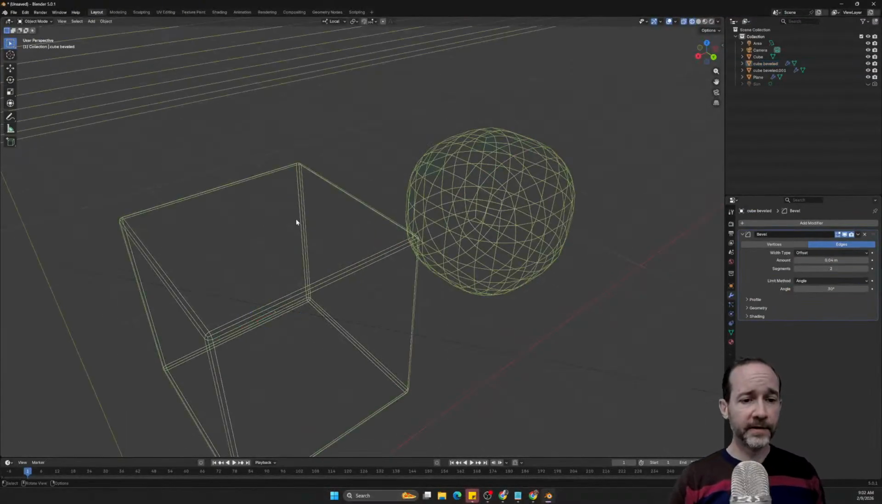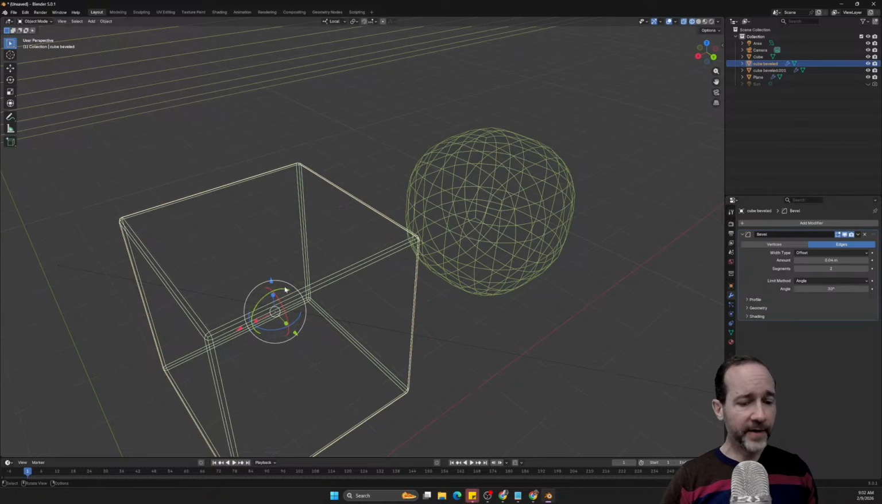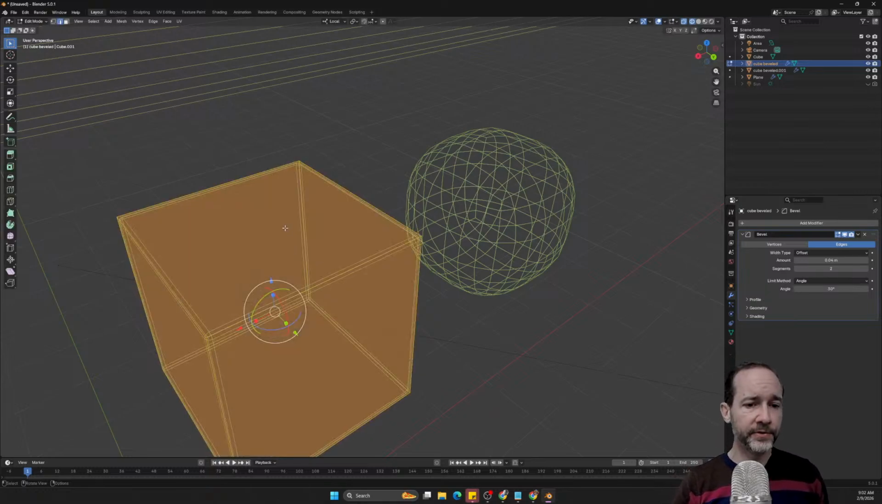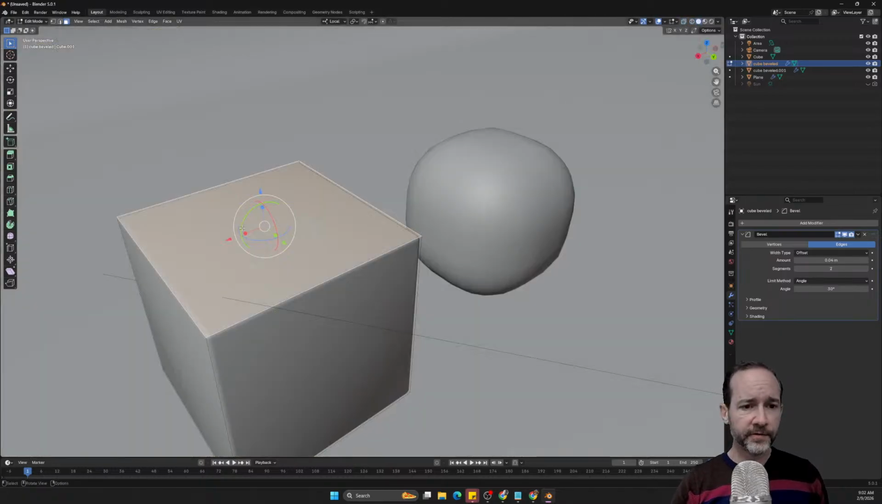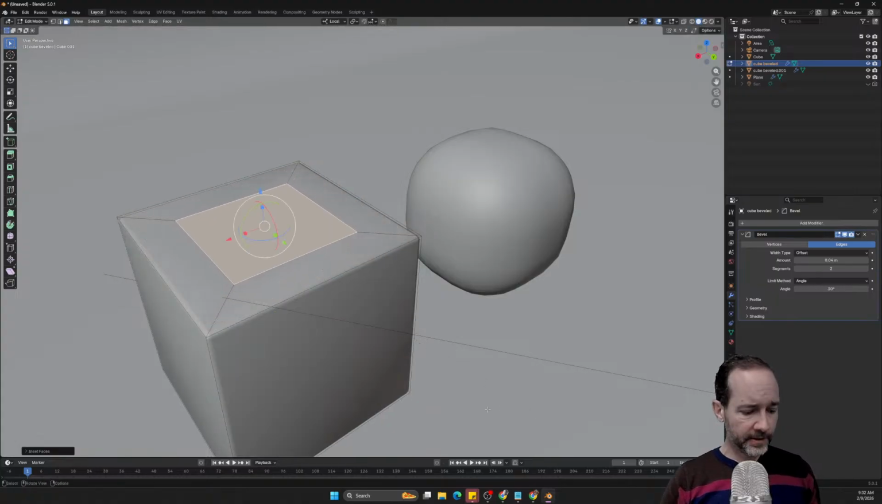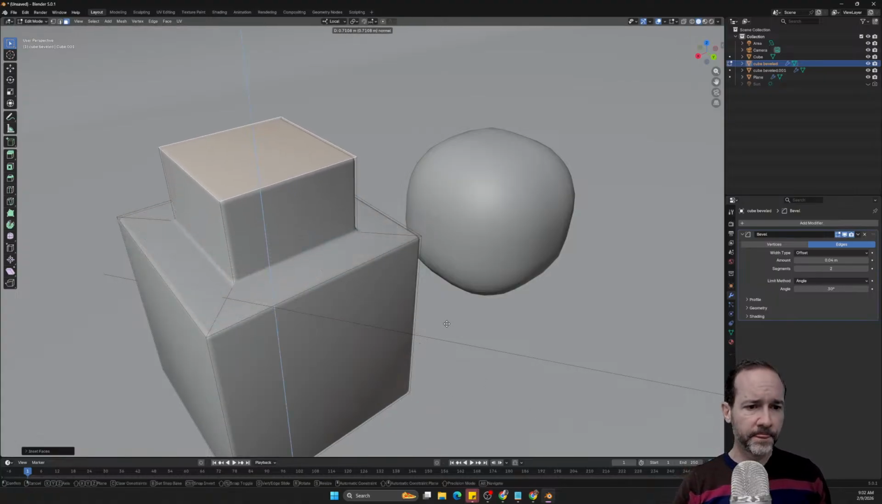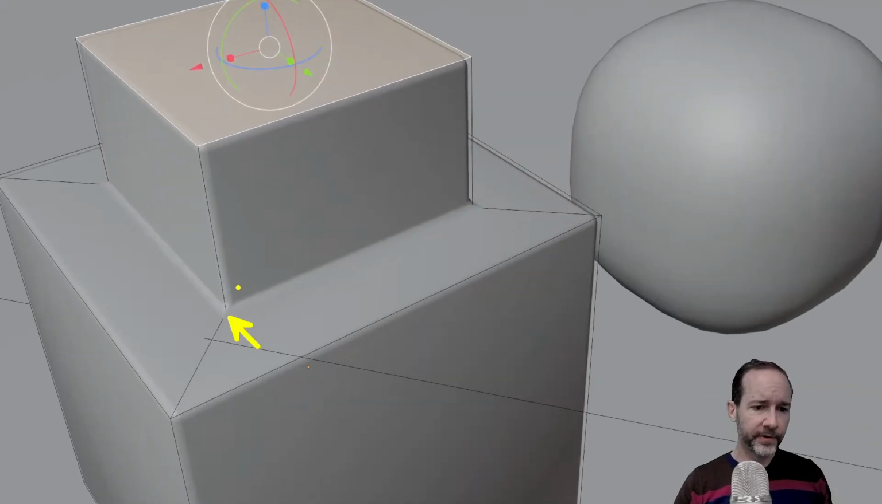So for instance, here's another advantage of using the modifier. I can tab into edit mode and model, and I can see the results while I'm modeling, right? So if I inset this and then extrude it like so. There we go. You see that the bevel is happening live on my